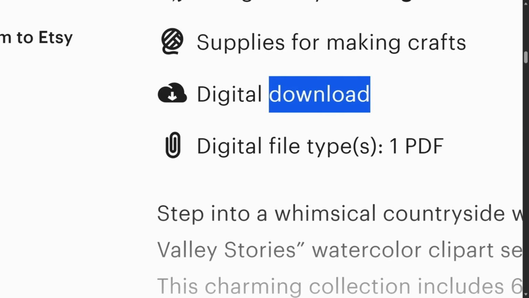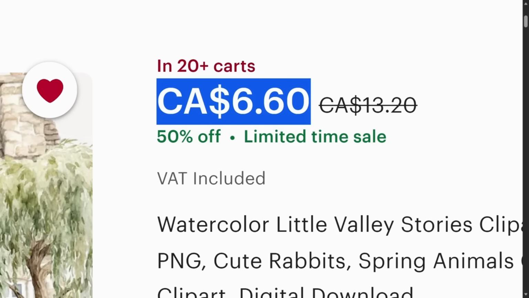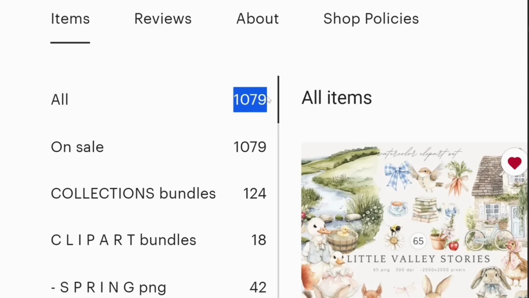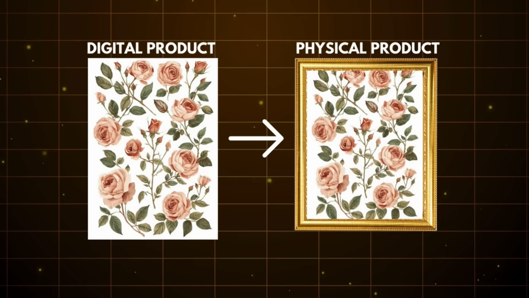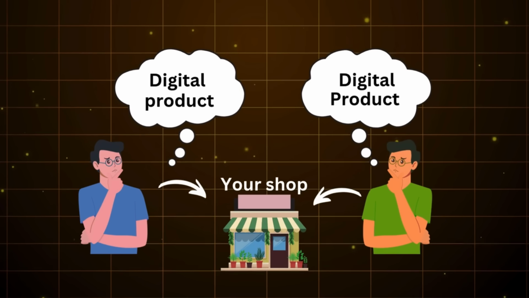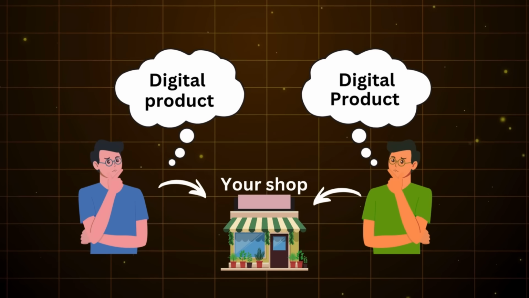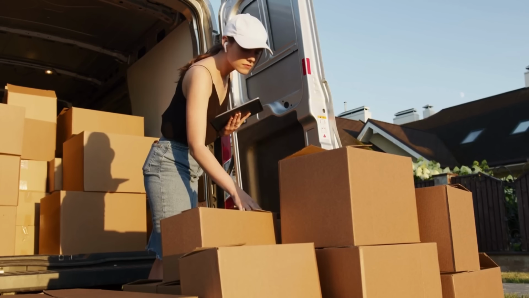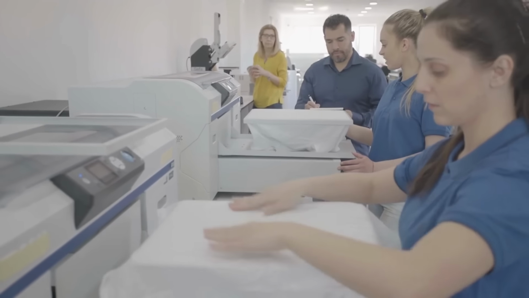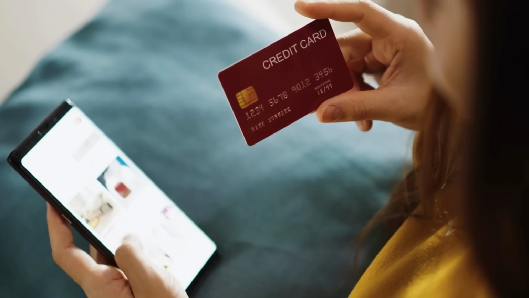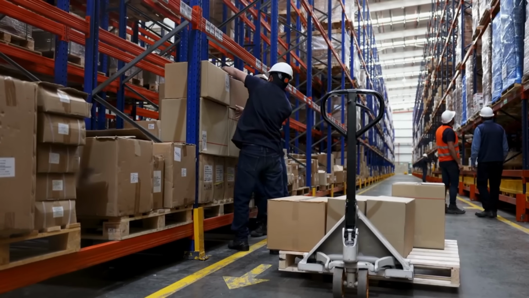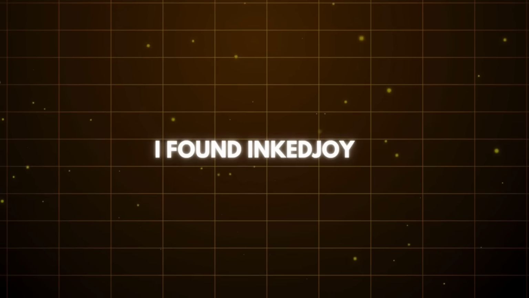However, selling only digital Clipart has its limitations. Since prices are typically low, profit margins are smaller, and scaling often requires multiple successful listings. A more effective approach is to apply the same design to physical products, allowing you to reach a wider audience and increase potential revenue. You also don't need to manage inventory to do this. With print-on-demand services, the process is similar to selling digital products. Once an order is placed, the platform handles production, packaging, and shipping, and I found InkJoy to be the best